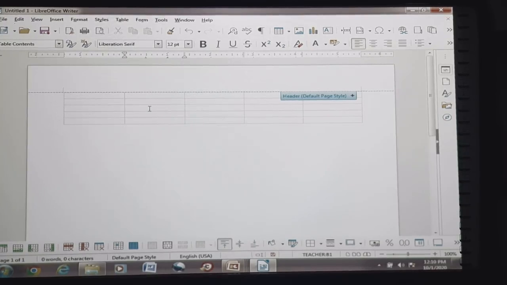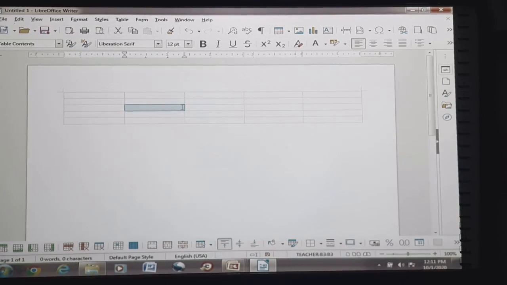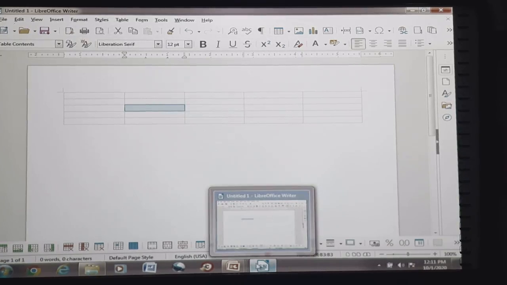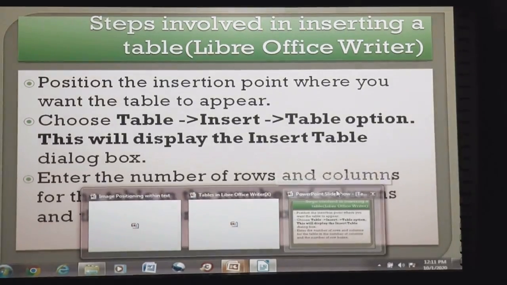And this particular point, see here, the 2nd column is getting intersected by the 3rd row. Correct? This is the point of intersection of the second column and third row. So this whole box, if we select this, if we consider up to this, it is considered as a cell. This is the intersection point of rows and columns. It is also considered as a cell. So these are a few terminologies in LibreOffice whenever we need to insert tables.